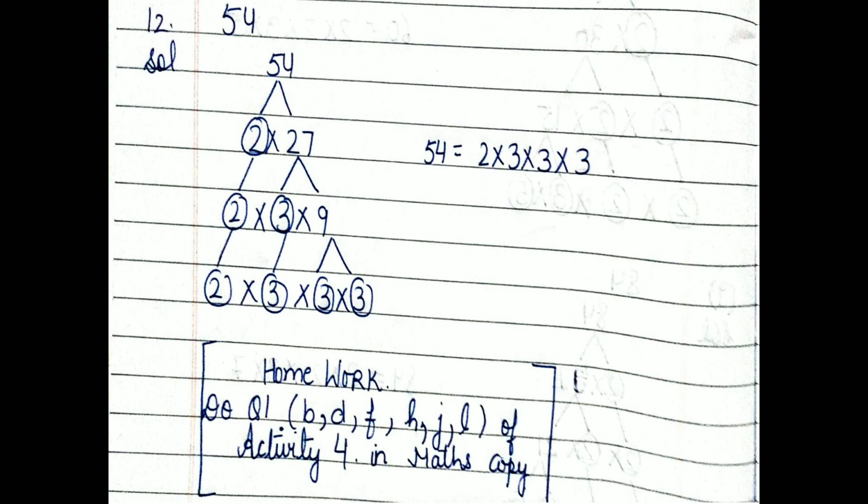Now after this we will do 12th, that is 54. You will see 54 comes in 2 table. 2 27s are 54. Now you will see the factors of 27. 3 9s are 27. 2 will be copied down as it is only. Then 3 and 2 will be copied down as it is, and you make the factor of 9, that is 3 into 3. So it will be 3 into 3 only. Now the factors of 54 are 2 into 3 into 3 into 3.